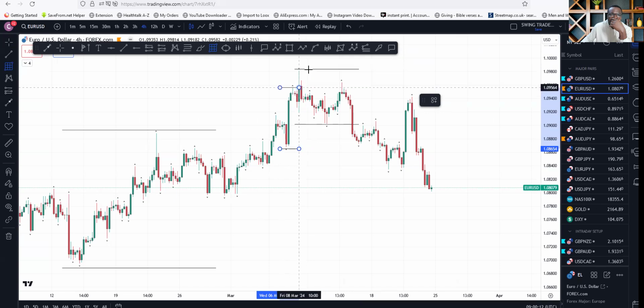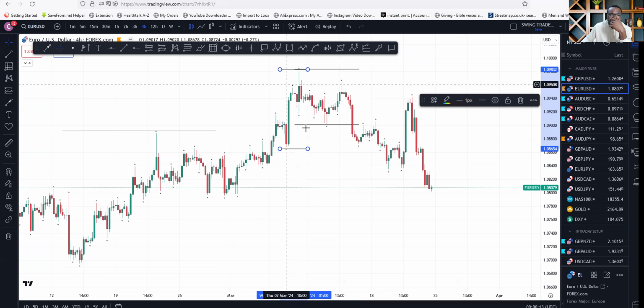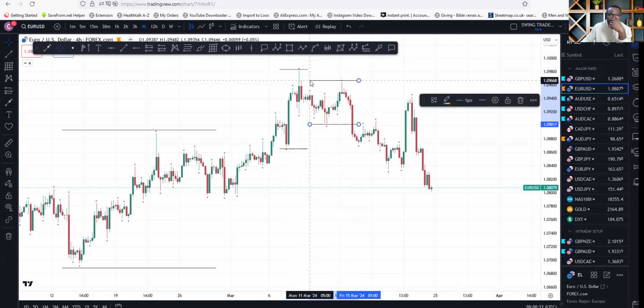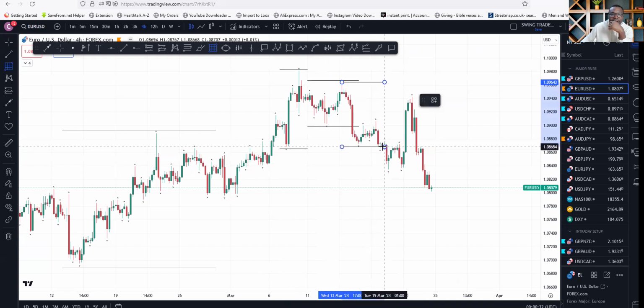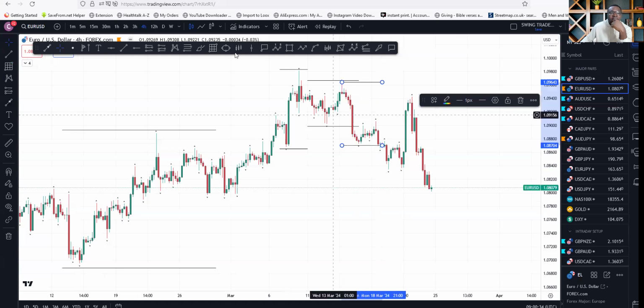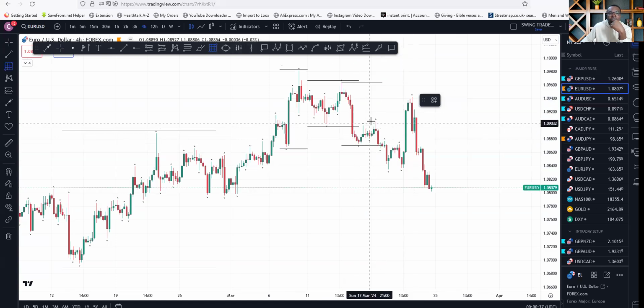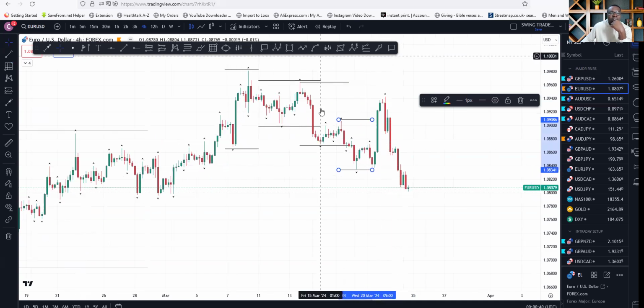The market created that structure high here, and then stayed there and then broke this low because it pulled back multiple times, as you can see right there. And it broke that low. So we have a new low right here. And then we have another low, which was created right here. So then the market pushed